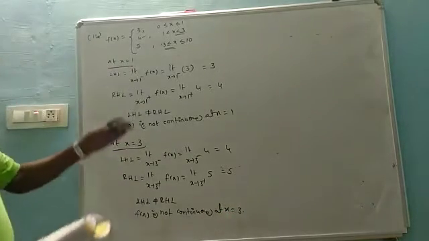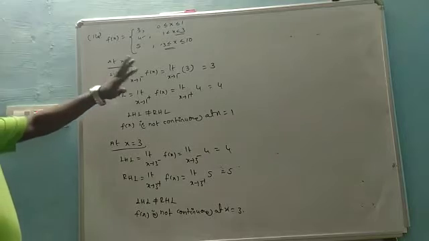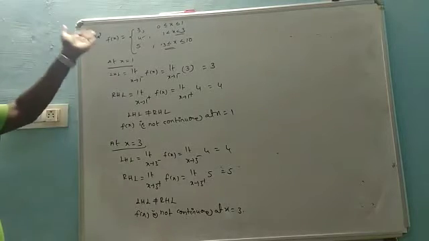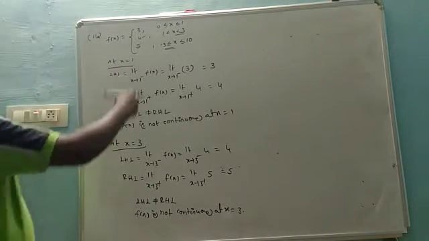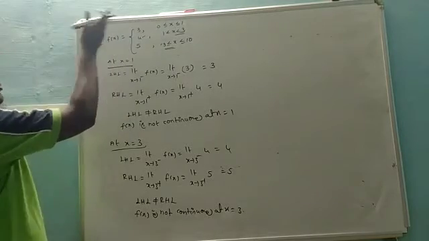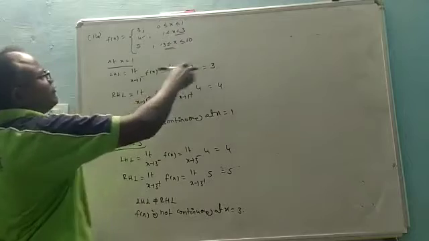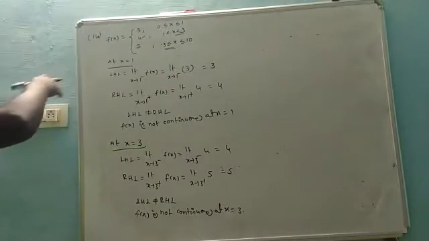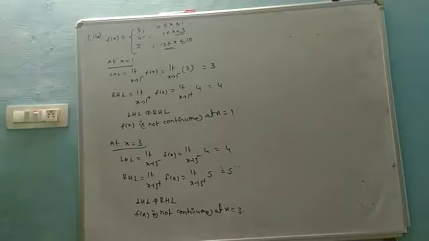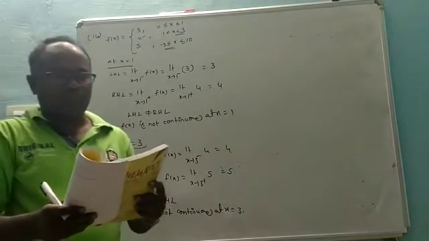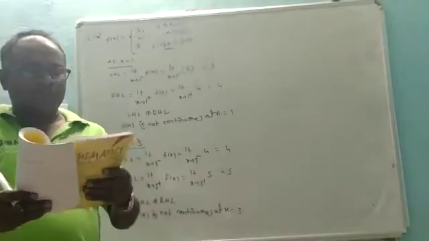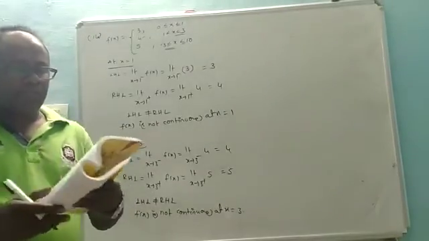Okay. At x is equal to 1 it is not continuous. At x is equal to 3 it is not continuous. What about 0? What about 10? So at 0 and below all values it is continuous. So here also 10 also. So after 10, every value also it is a continuous function. So this is the problem number 14. In 15th also same method. 16th also same model. 17th already they given.